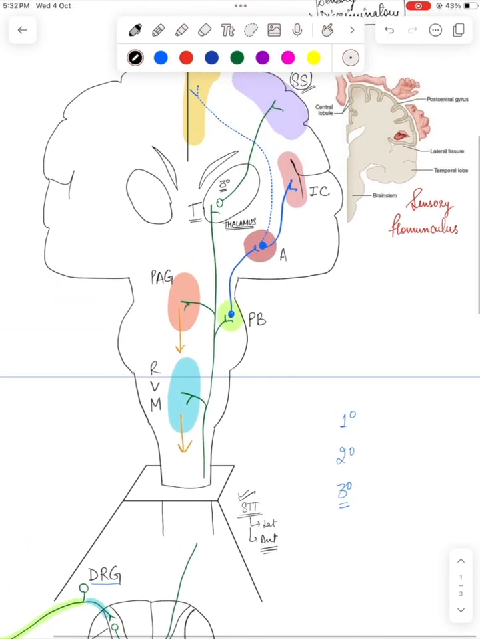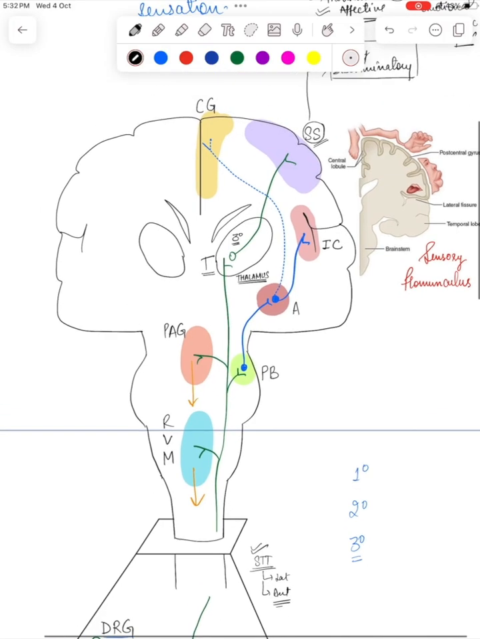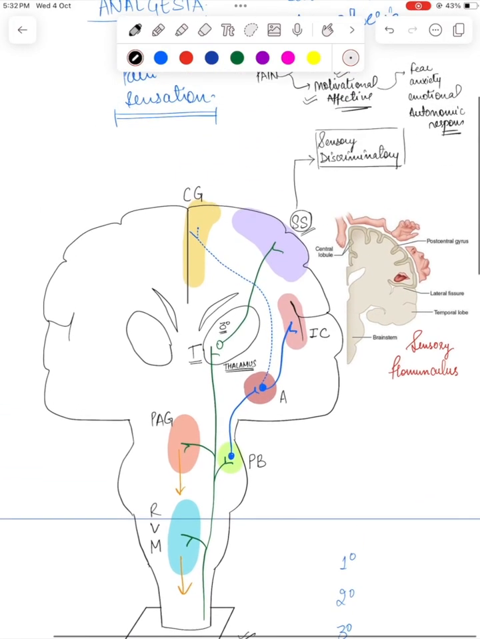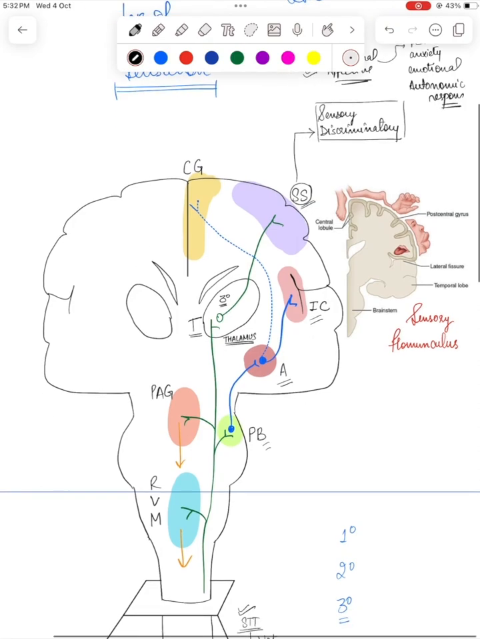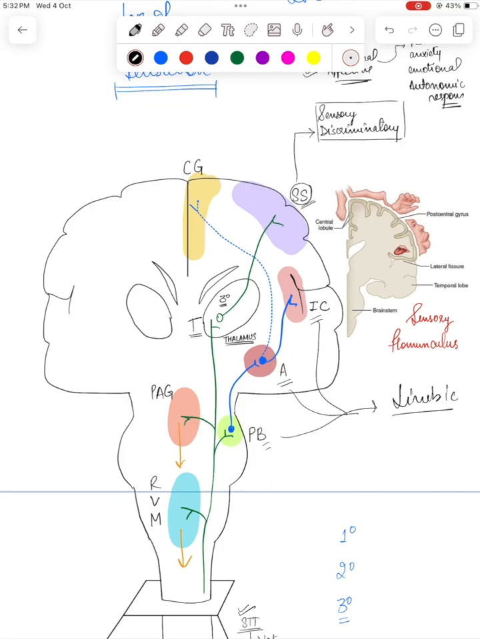So as you can see, as the pain pathway is ascending up the spinal cord and ending in the thalamus, it has certain important connections along the way. Here you can see it is connecting to the amygdala, to the insular cortex, to the parabrachial nuclei. All of these are part of the limbic system, right? Or rather, amygdala is part of the limbic system, but all of these associations are going to be responsible